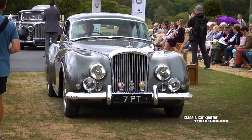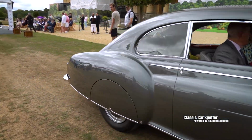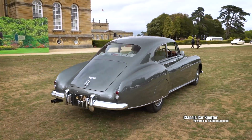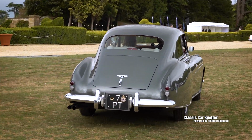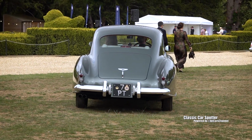Now, we've got something very different. Harry and Evan Clark have brought their R-Type Continental lightweight saloon. It was an aluminium body car, again, a Mulliner saloon, and this was for the driver that wanted a faster...